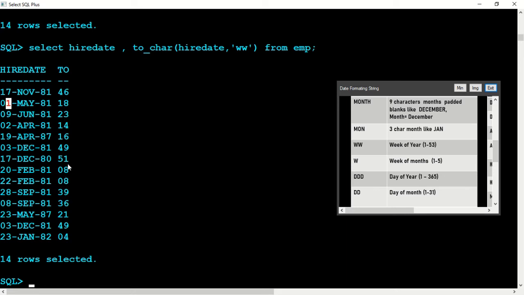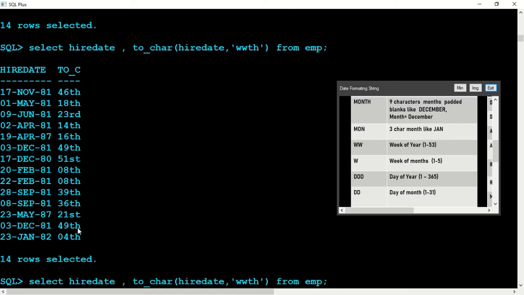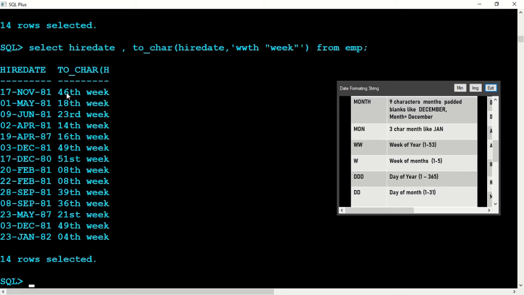You should say 21st, 2nd, ND, right, 2nd, 3rd. So what we do, we say th here. So what happened, th means it adds 18th, 23rd RD, right, here will be th, 51st, 51 means instead of 51 say 51st, and 8th and so on, 21st. This is the 21st week, you can say it is the week. Now we want to write the week as it is. So if you want anything to be written as it is, you put it in the double quotes, WEEK, right, press enter. So we'll say 46th week.